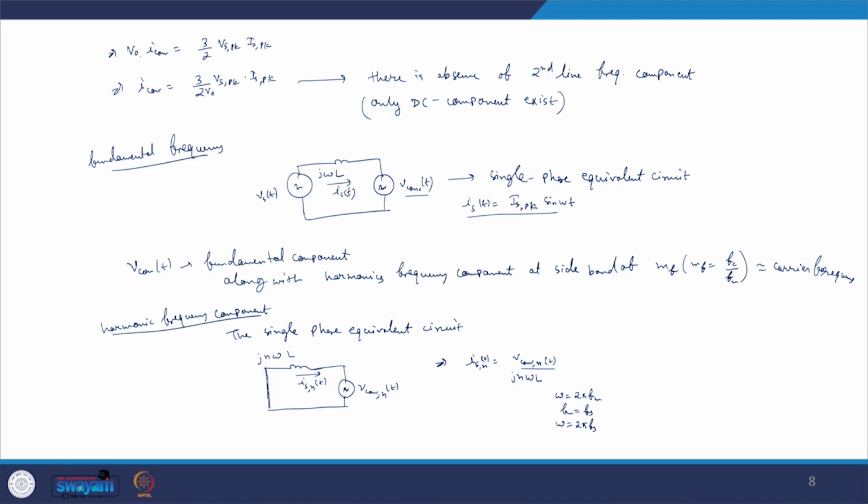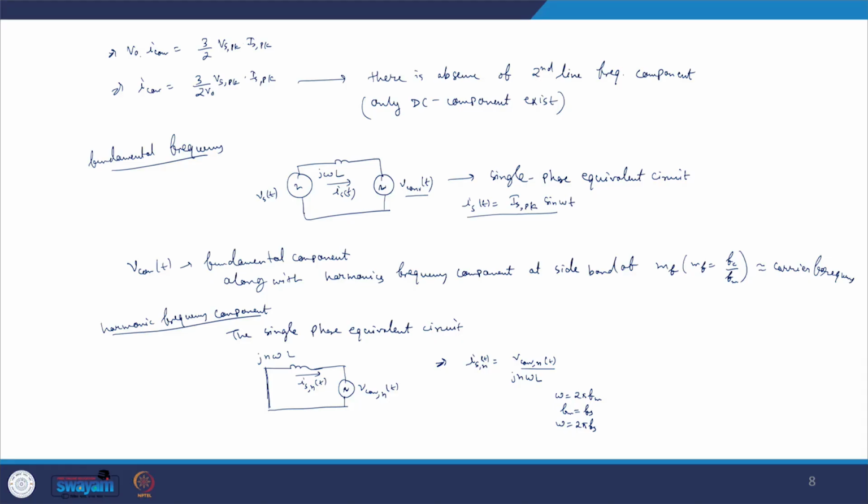So thank you very much for listening to this lecture, and we will continue our discussion on how to size our capacitor bank, because the capacitor bank is very important. In the case of single phase, we understood that the dominant component of current going through the capacitance is the second line harmonic component, and that is when we design the capacitance corresponding to that second line